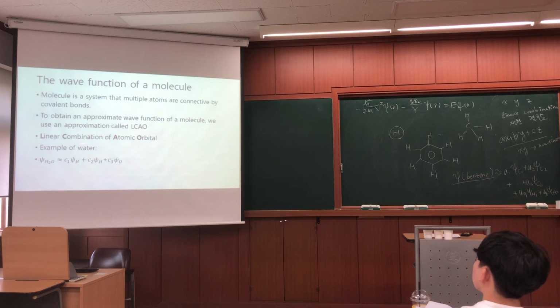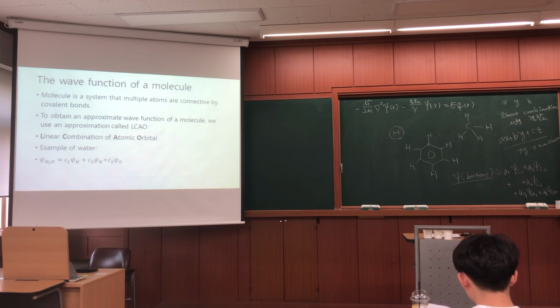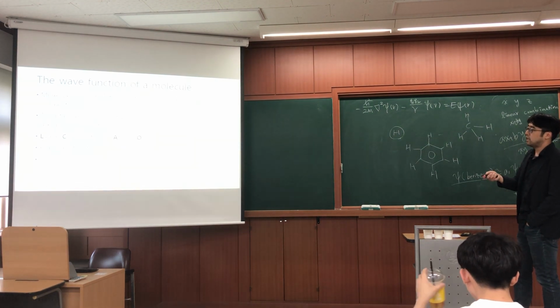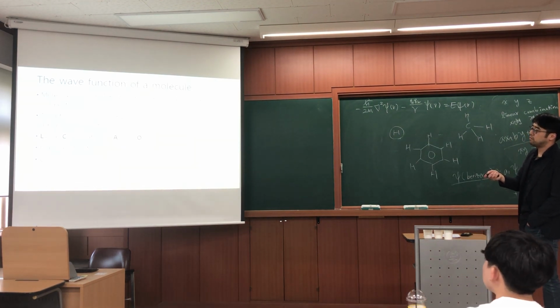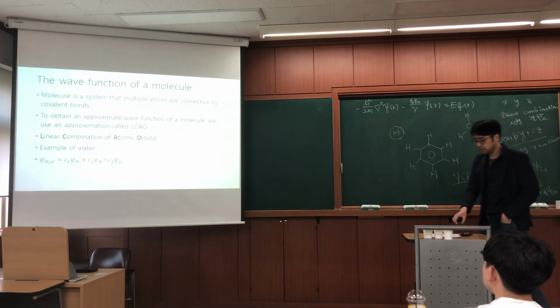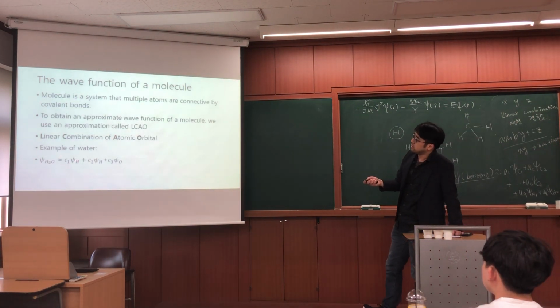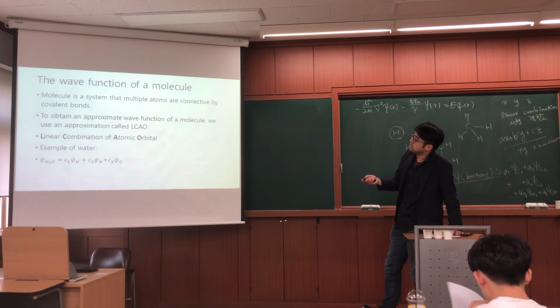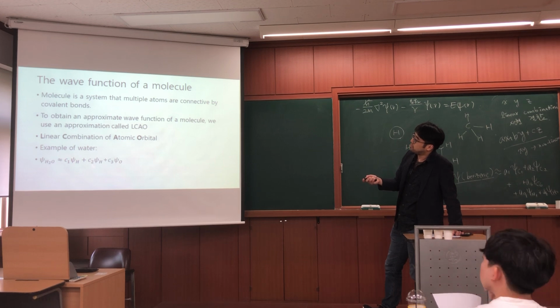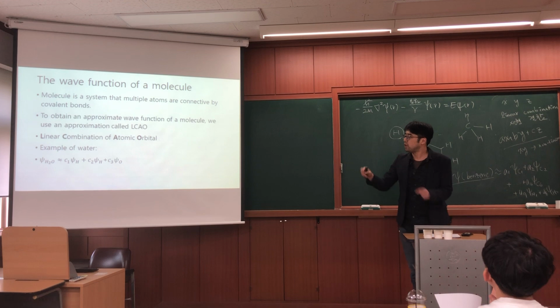The basis of quantum calculation is that we assume any orbital, any wave function of a molecule, can be written as a linear combination of atomic orbitals. For example, water consists of 2 hydrogens and 1 oxygen, right? We have to calculate the wave function of a water molecule, but since it's too complex, we assume that the wave function of a molecule would be similar to the sum of the hydrogens and the oxygen. So if we write it down like this,